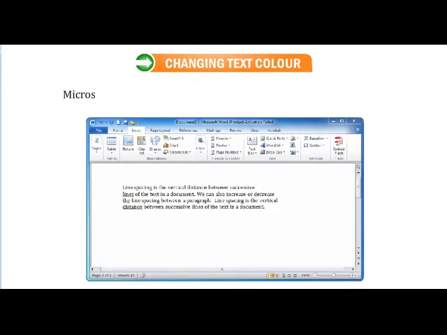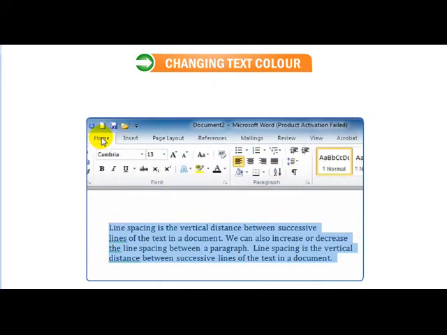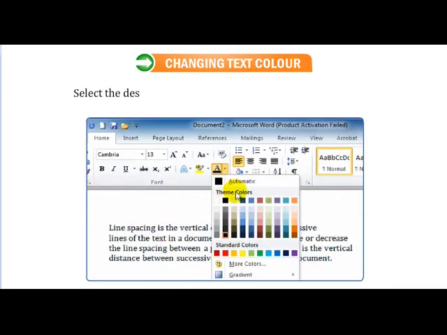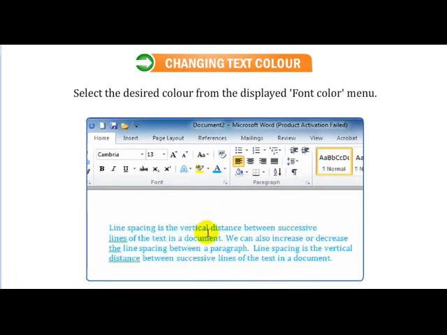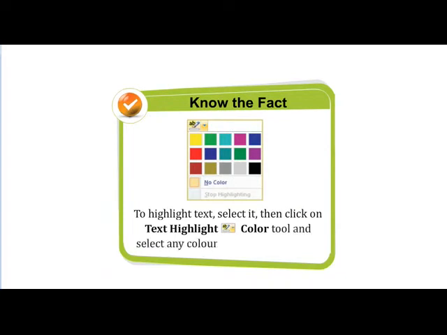Let us talk about changing the text color. Microsoft Word provides an option to change the color of the text. Select the text and click on the Home tab. Click on the drop-down arrow next to the Font Color button on the Home tab. Select the desired color from the displayed Font Color menu. Students, note that to highlight text, select it, then click on Text Highlight Color tool and select any color and